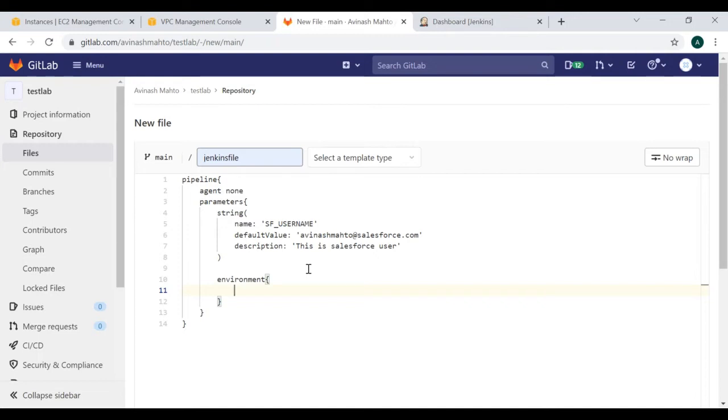So let me define it first here. So let's suppose that I have one credential called Salesforce client ID. And in order to call it, you need to use the credentials section here.